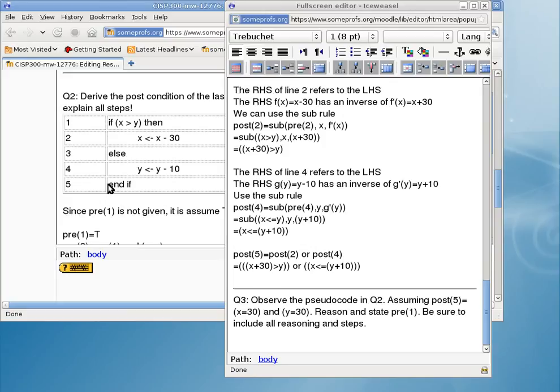x gets x minus 30. The other one is y gets y minus 10. Are we okay so far? Okay. So what question number 3 is stating is we know that at this point, after the merge, we know